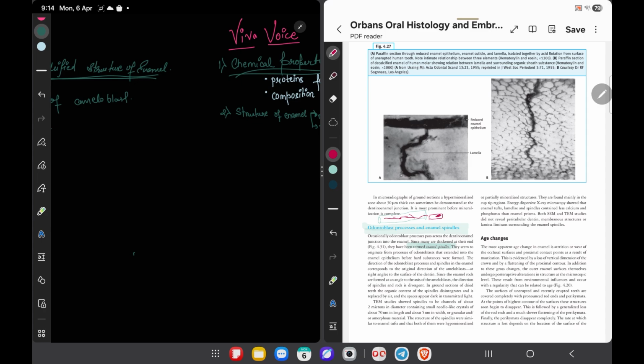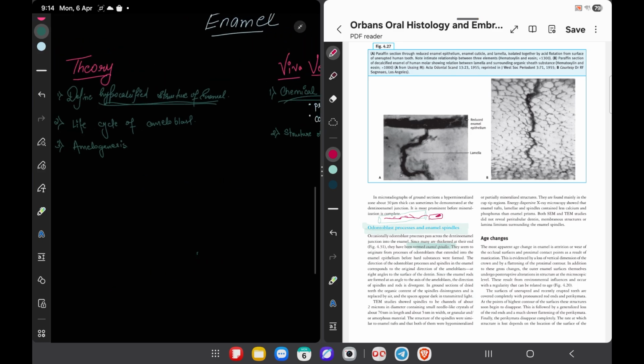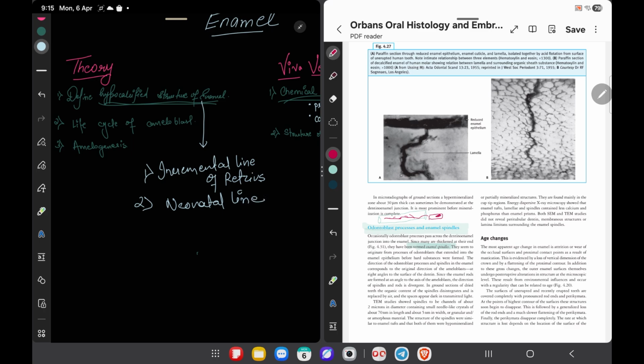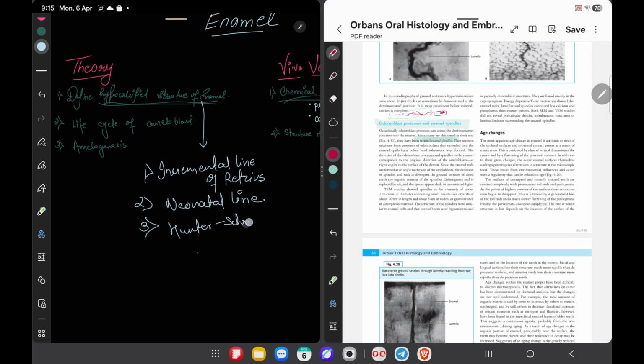Now I will write about all the hypocalcified structures that we have studied so far in the enamel chapter. First is incremental line of Retzius. Second, neonatal line. Third is Hunter-Schreger bands. Fourth one is enamel spindle. Fifth is enamel lamellae. Sixth,